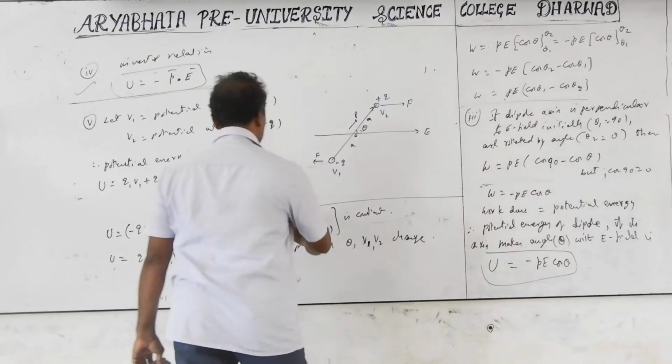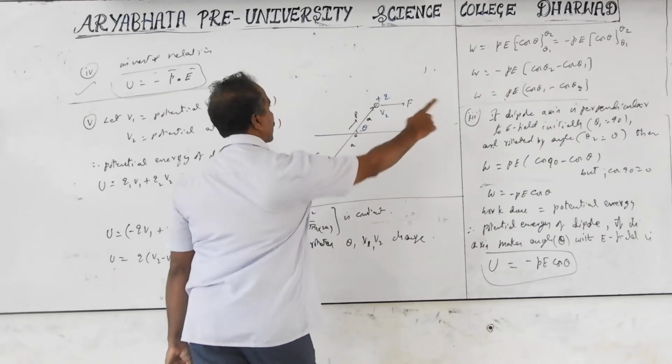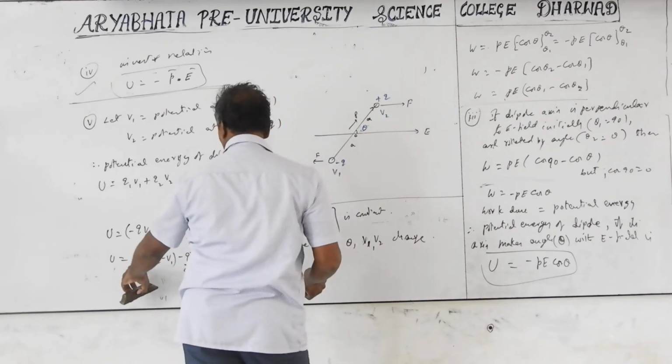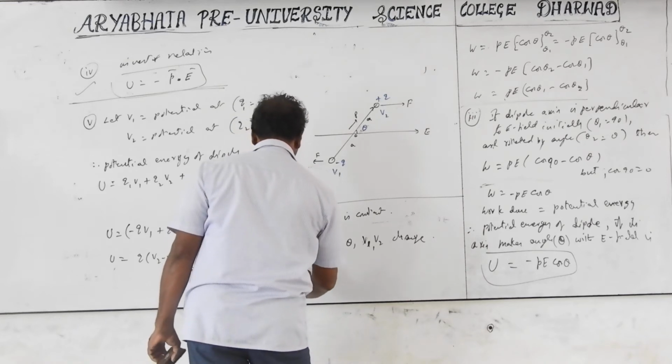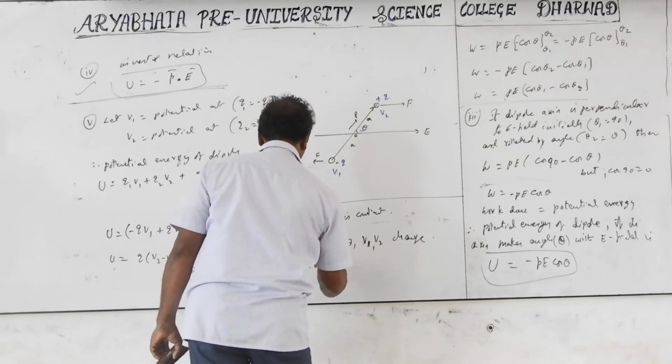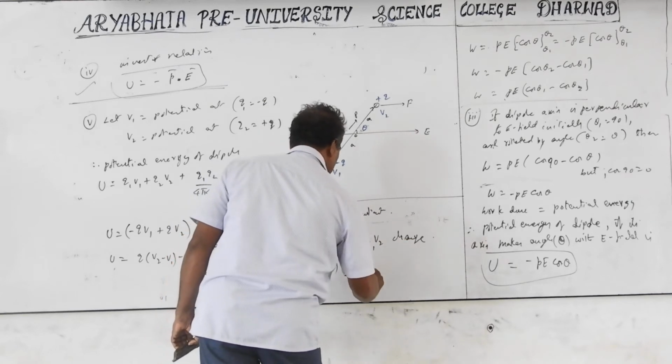So the change is also constant, and we cancel everything the potential energy was there. Therefore, work done equals final potential energy minus initial potential energy, and this part will be cancelled. Therefore, by comparison, the potential energy can be compared as q into (V2 minus V1), which is also equal to the previously derived relationship, minus pE cos theta.